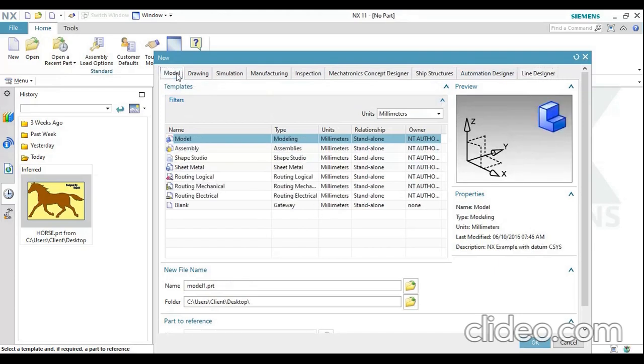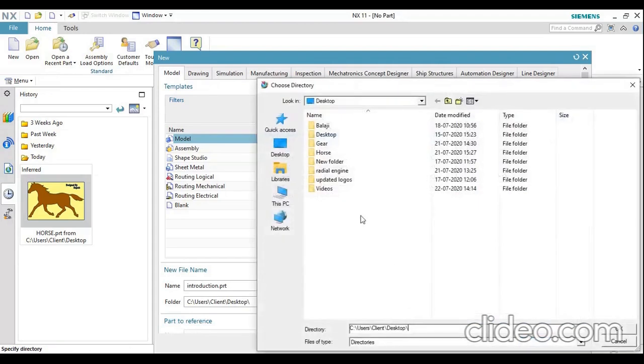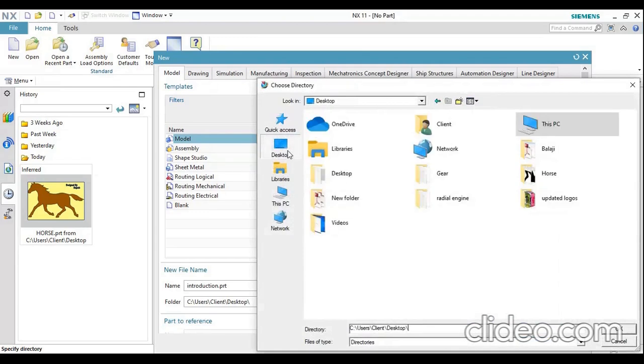On the first tab, I'll explain how to design a model. So please click Model itself. And next, give a name, whatever you want, for example production. Then choose where you want to save this file. For that, you need to click this icon, highlight, select this folder, and click New Folder.